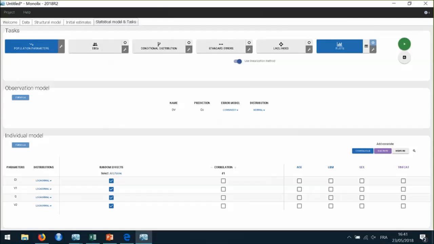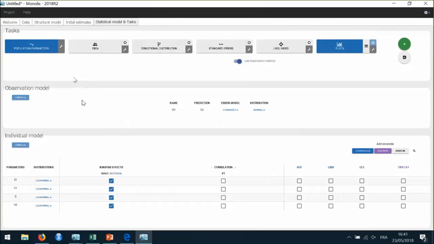Now the Statistical Model and Tasks tab can be used to adjust the statistical model, which is composed of the observation model in the middle and the individual model in the bottom. And I can also run some estimation tasks and perform some model evaluation on the top.